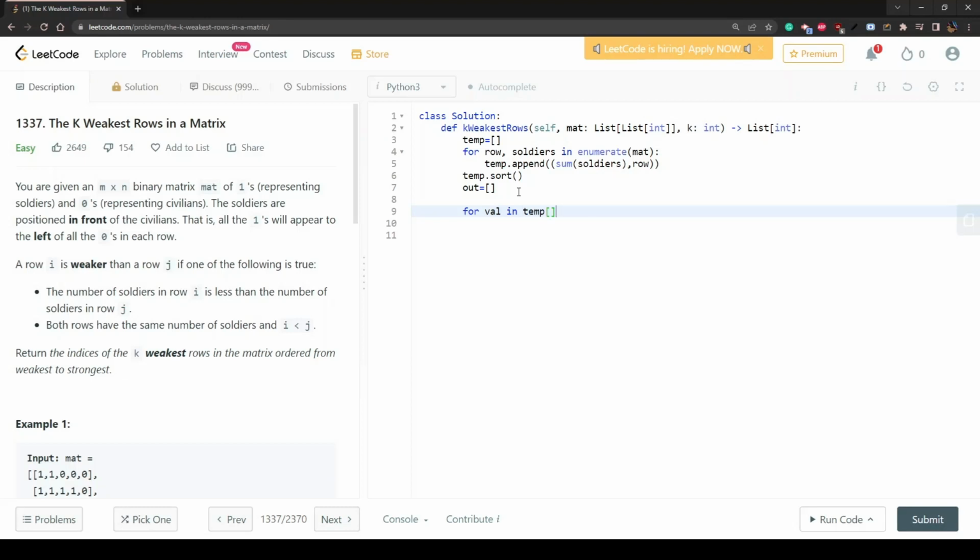and here we're going to do colon k, so we get the first k values of temp. And with that, we could just append to the out list. I'll type it out and it'll make more sense. Out dot append val of 1. So basically what we're doing is that we have our list, temp, which is tuples of sum of soldiers and rows. We only want to add to our output